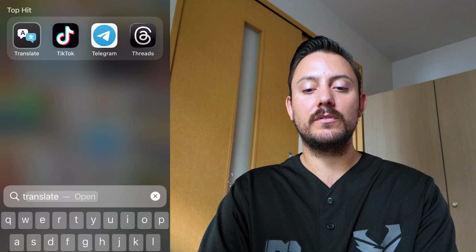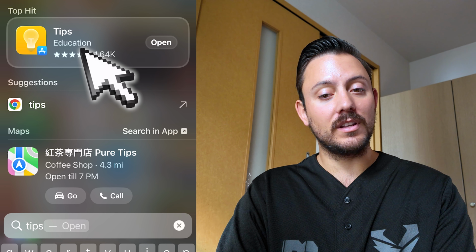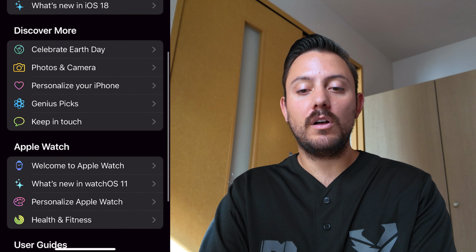We can swipe down on the home screen and type in Tips. And as you can see, we can download it if it's not already on our phone, but then we can click Open. To browse specific apps, we can scroll all the way down to our iPhone section here, click Table